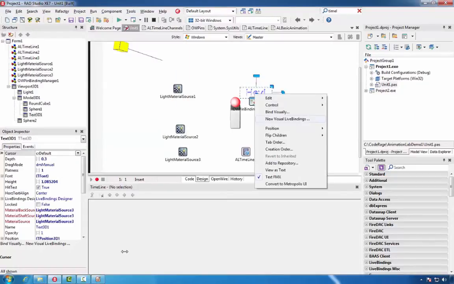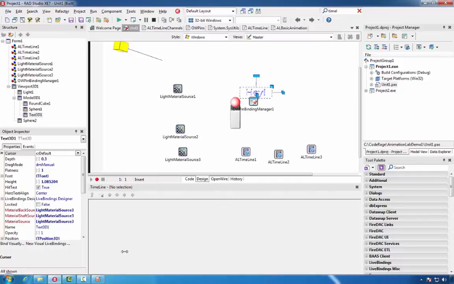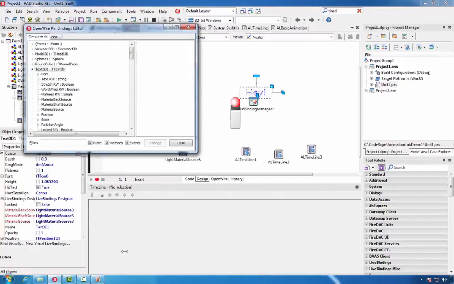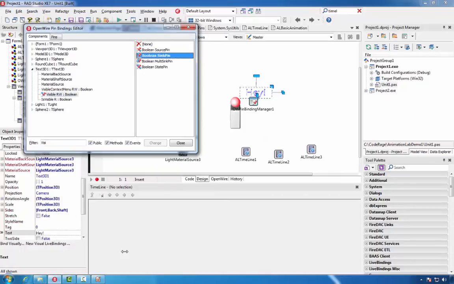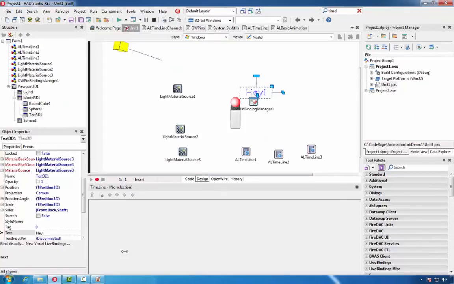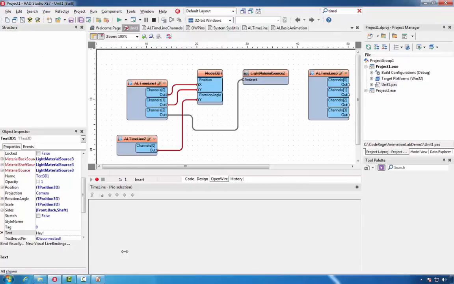We'll select the text, add visual live bindings for it, for its visible Boolean sync pin, and for its text sync pin, and we'll connect all that in the OpenWire editor.